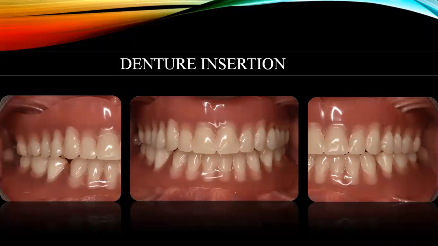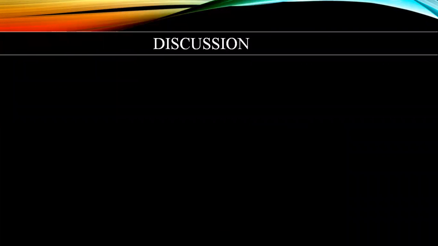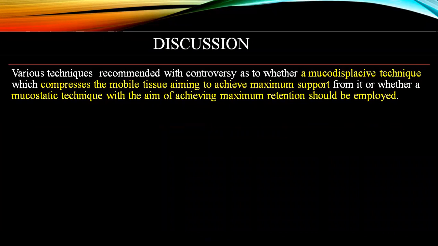Impression making plays an important role in complete denture fabrication. Various impression techniques have been described in literature to record the flabby tissue. Littlelow described a technique where two separate impression materials are used in the custom tray, using plaster of Paris over flabby tissue and zinc oxide eugenol over normal tissue. Osborne described a technique where two separate impression materials and impression trays were used separately to record the flabby and normal tissue. Watson described the window technique where a custom tray is made with a window over the flabby tissue. Low viscosity mix of plaster of Paris is painted over the flabby tissue through the window.